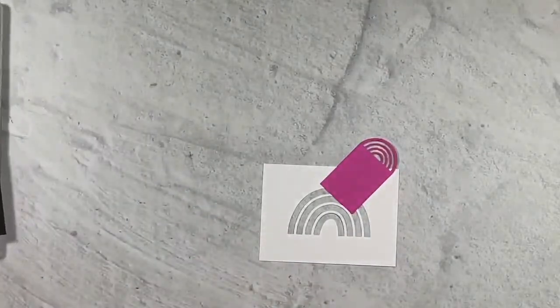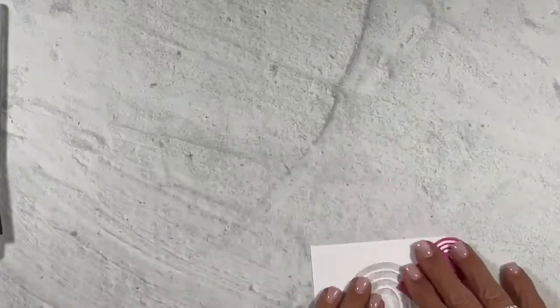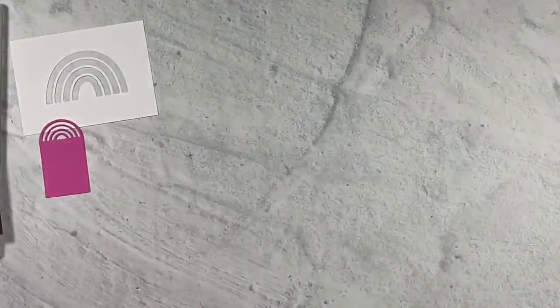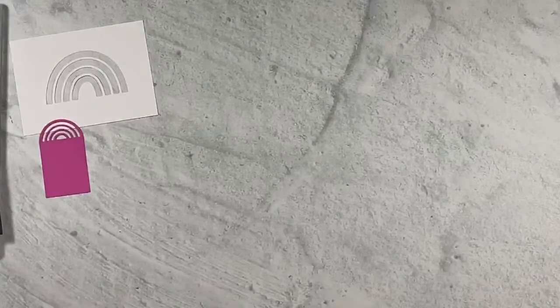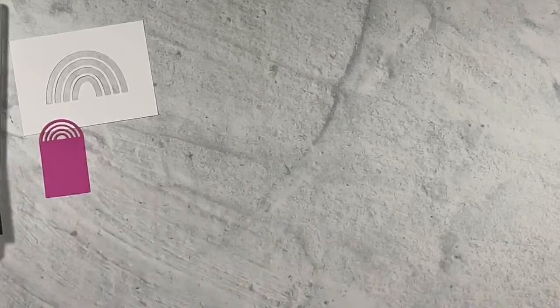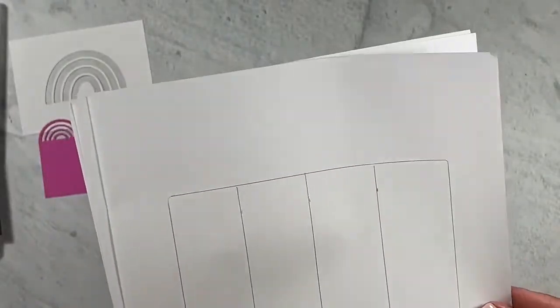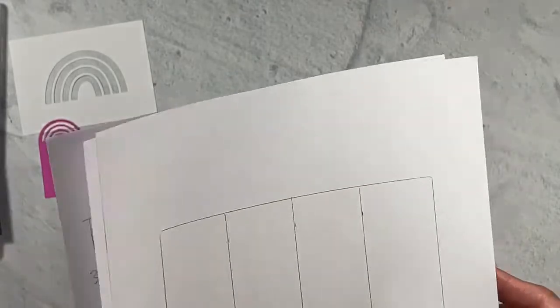So let me see, what's the next thing I want to do? Yeah, I am going to bring in the 3 layouts that we're going to go through, and we're going to use those on some cards. I'm going to set that aside, and here we go. All right, sorry, I'm trying not to make them bang on the desk because they're the acrylic blocks. There we go. All right, so what I want to show you is, since this bundle has its a 6x6